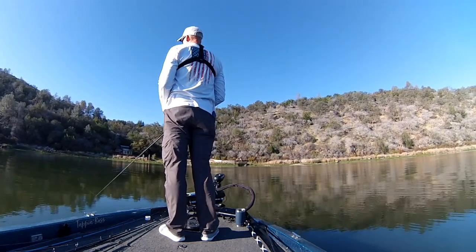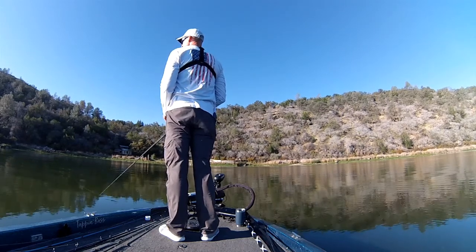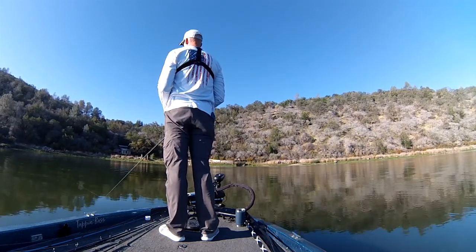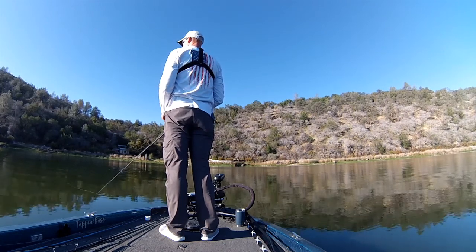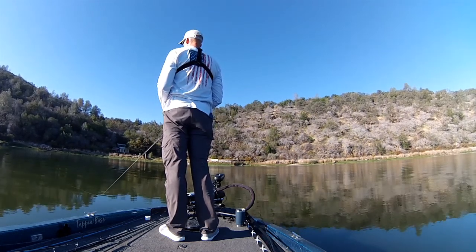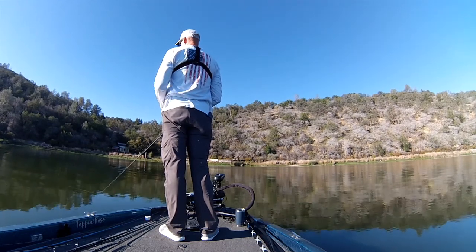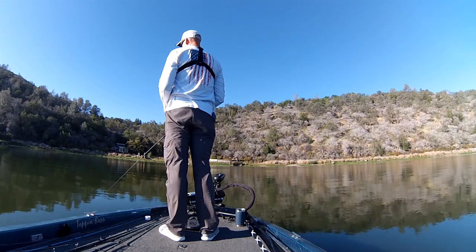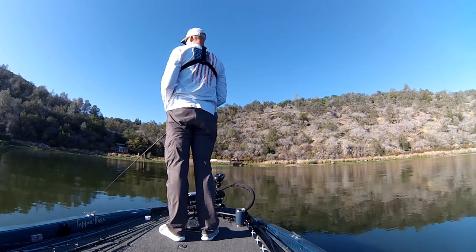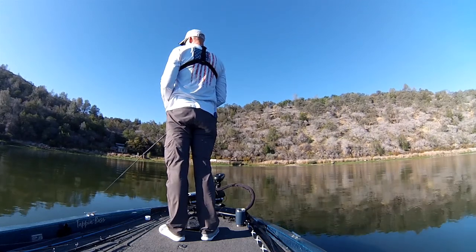Primarily, as much as Spot-Lock is a game changer and I absolutely love it, there's times you don't want to use it. And conditions like I'm in right now are when you don't want to use it. What you need is a little bit of current or a little bit of wind that's attempting to move your boat so Spot-Lock can keep it in place. In the absence of that,